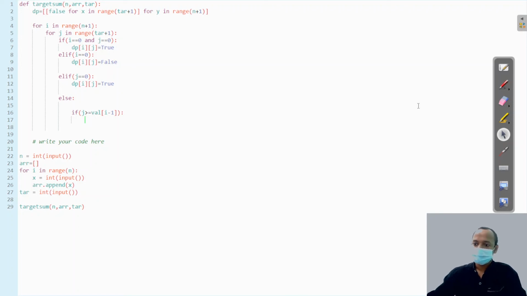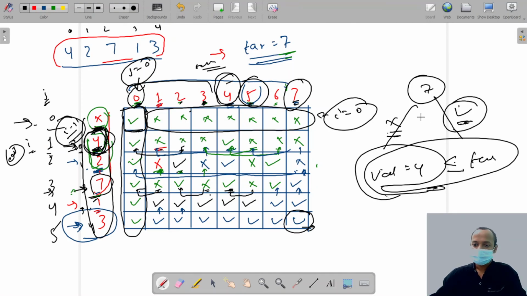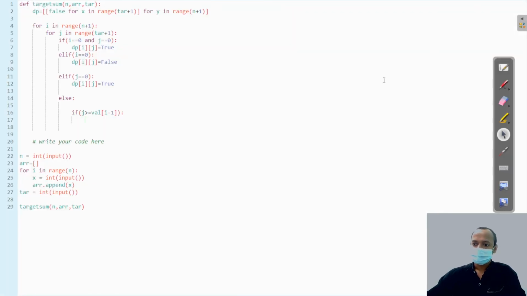So if we choose the player, then it has two choices, we can exclude this and we can include this. So first we exclude this, then we include this. If we include this player, then dp of i minus 1 and j minus the value of the player.